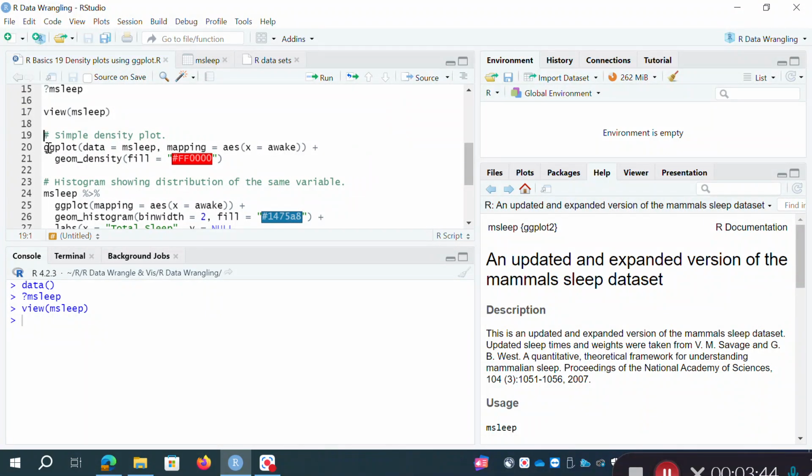So I'm calling the ggplot function and telling it the data I want to use is msleep. Let me not mess up my code. Is msleep, comma, mapping. So the mapping is what I'm putting on the different axes. I'm saying the aesthetics to use. There's only one in this case because we're just plotting the distribution of scores on one variable, and that is